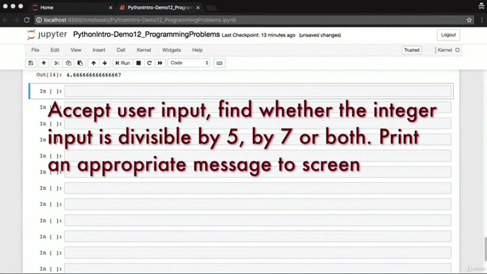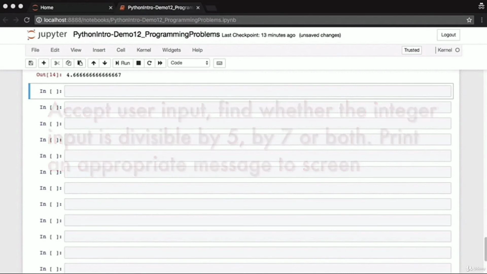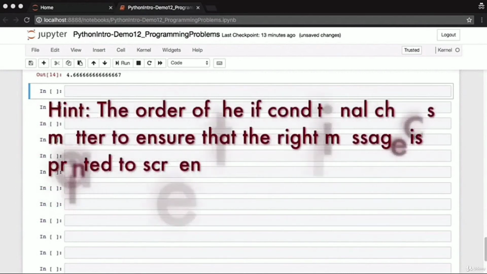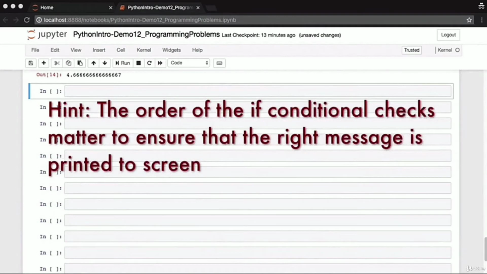We want to find whether this integer is divisible by 5, is it divisible by 7, or both. Under all of these circumstances, we want to print out the right message to screen. Now, given the kind of checks that we want to make, the order of the if checks in our code actually matter. To ensure that the right message is printed to screen, make sure that you perform the if checks